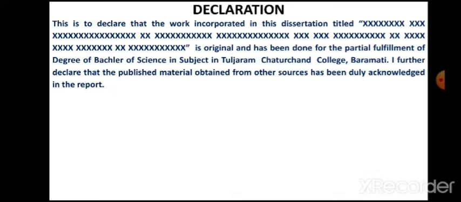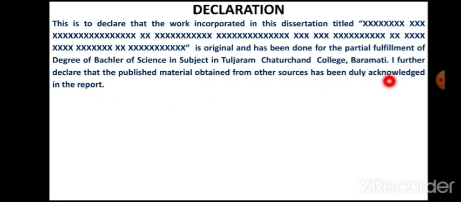So here it will be replaced with Master of Science in the subject. So you need to write the name of the subject: physics, chemistry, botany, zoology, computer science, etc. I further declare that the published material obtained from other sources has been acknowledged in the report.